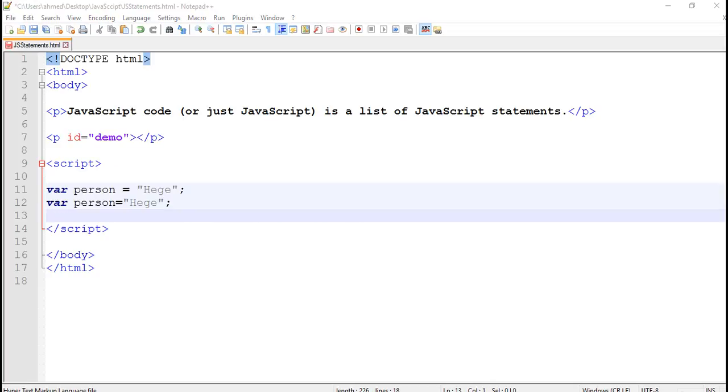Okay, now consider the following statements, two more statements. JavaScript ignores multiple spaces. You can add white spaces to your script to make it more readable. For example, this is the statement. Here is a space and a space, which makes this statement more readable, and this is not the way.